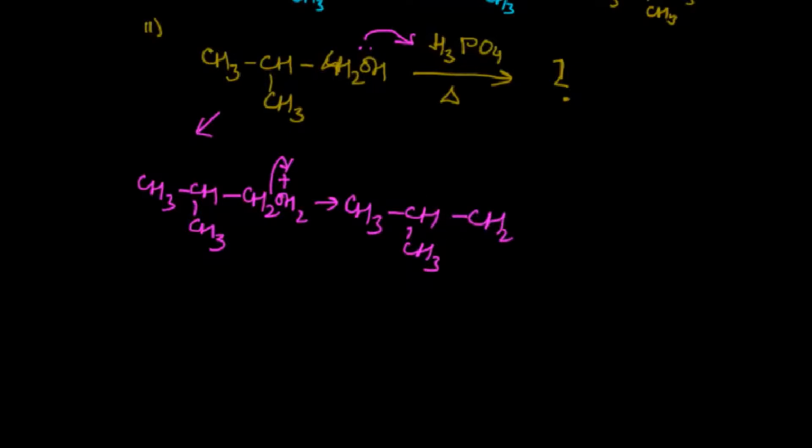Now the hydride migration from this to form CH3, CH3 positive. So we have two different carbocations, and since there is no